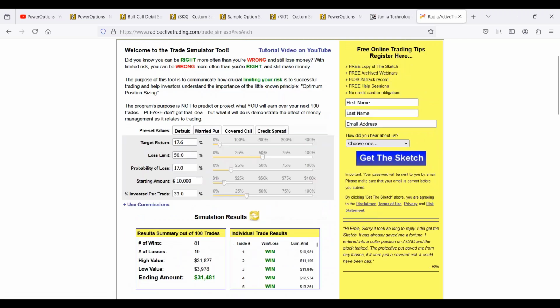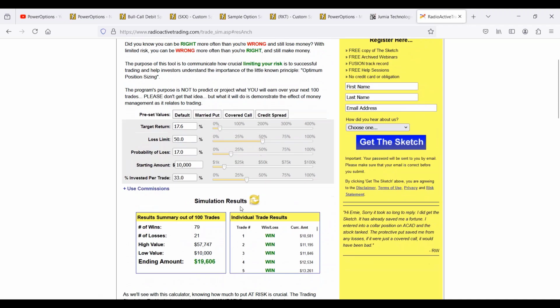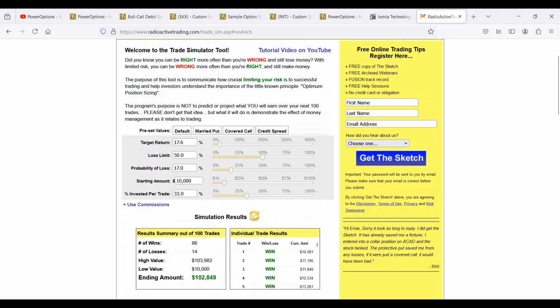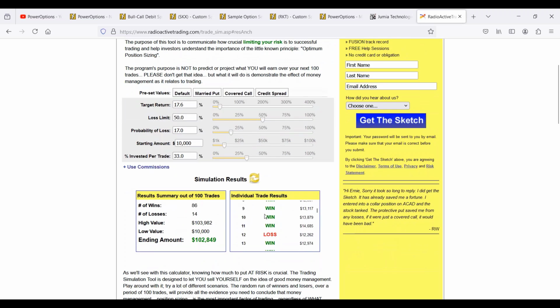Now, we had 10 wins in a row, so we never lost. We might lose in the beginning. Let's try to get a loss in the beginning with the probability of success we want. Should have stayed with that one, but there we go. All right, so we've got one loss, but still the same ending amount. We're at $102,849